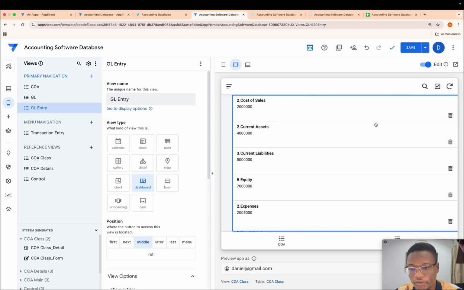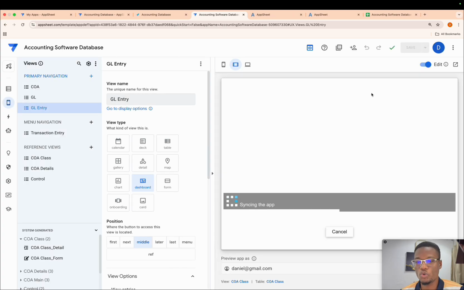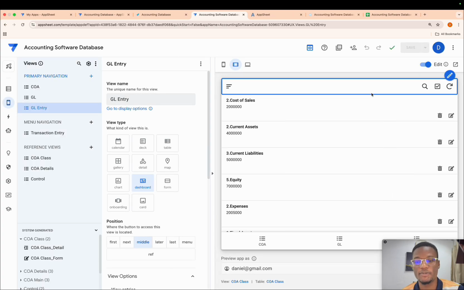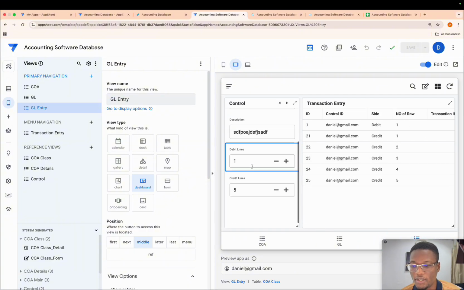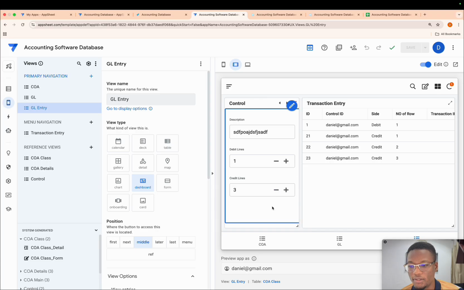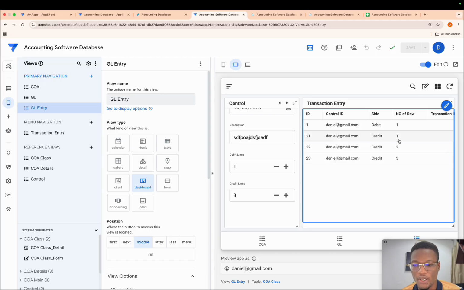So ID, control ID, and all that. Let me save this. Okay, so we've put in a very important formula that helps the user to select the number of rows they want, right? So if you come here and you select, let's say 3, you have only 3 rows showing. You see that? Good. So you have 1, 1, 2, 3. Then you have this one, 1.